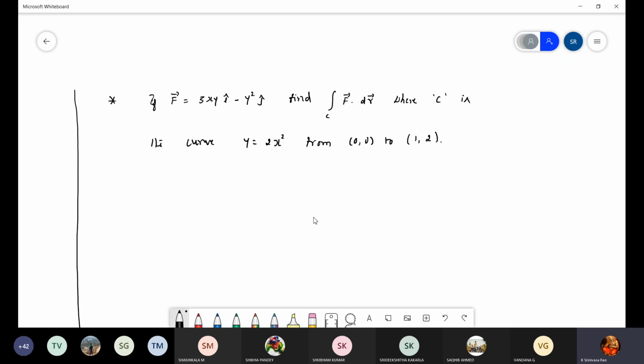Okay, it is not like the previous two problems. It is not given with all variables in terms of t. It is given y is equal to 2x square. Actually, what is this curve? Anyone? Do you remember? Very good, a parabola. X square is equal to 4ay, y square is equal to 4ax represents a parabola. So y is equal to 2x square also represents a parabola. Take the first solution.